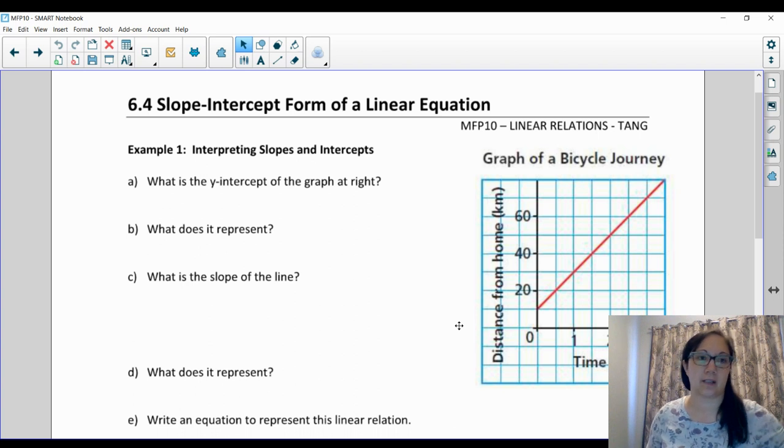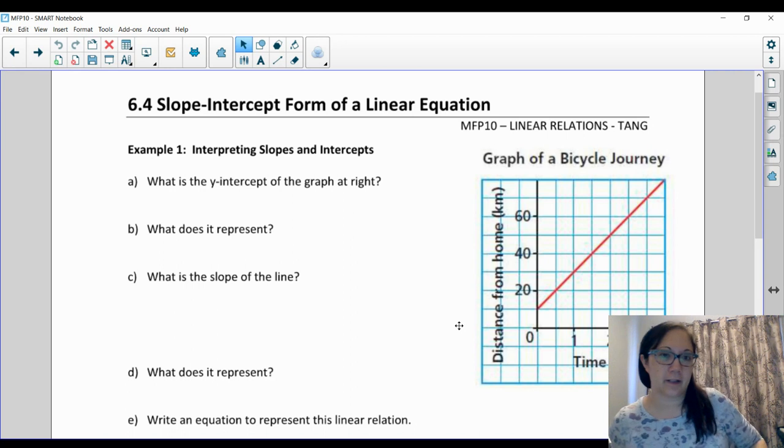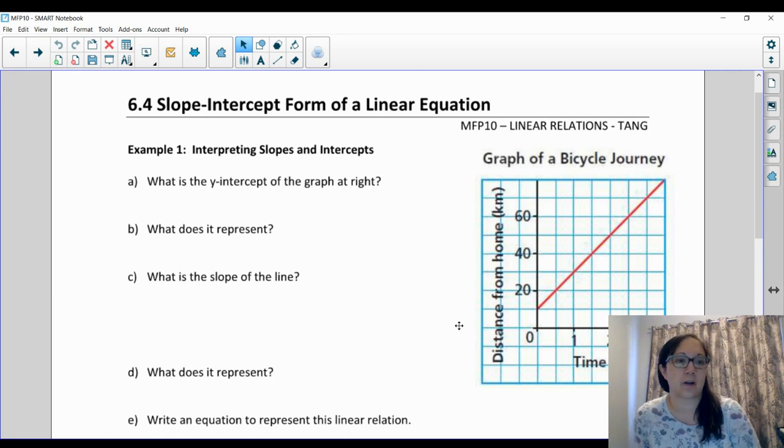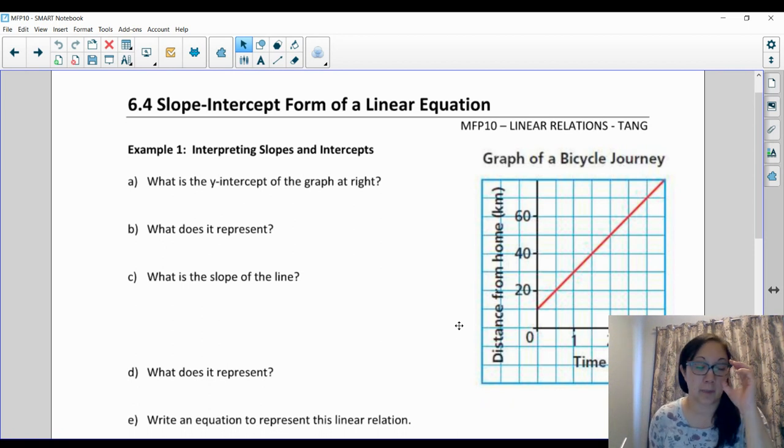Hello and welcome to section 6.4. The topic this time is slope-intercept form of a linear equation. So far in this unit, we've talked about what is slope, as well as how do the slopes of parallel and perpendicular lines